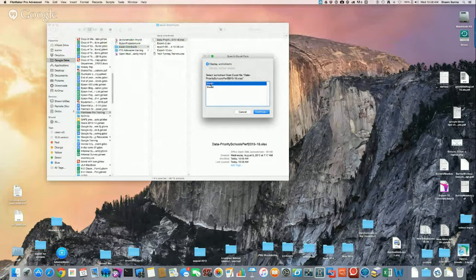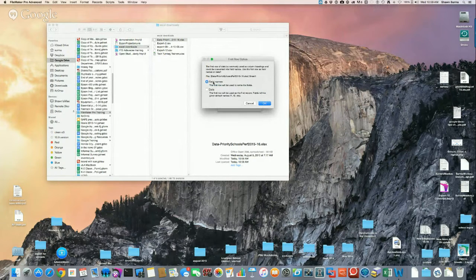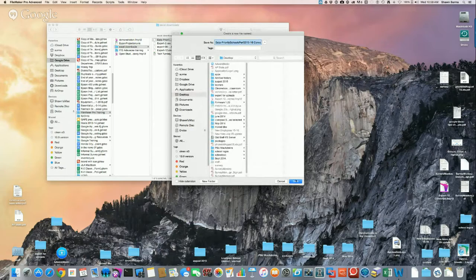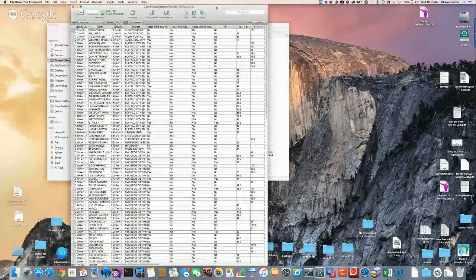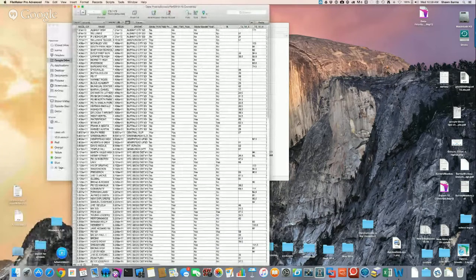I don't know if you see that, but we were just making changes on our first sheet. You can only do one sheet at a time to import into FileMaker. Click continue, and again, field names is what we have. Even though it's common, it doesn't do it. I click that, and it's going to ask me where I want to save it, and I'm going to say okay. And now we have